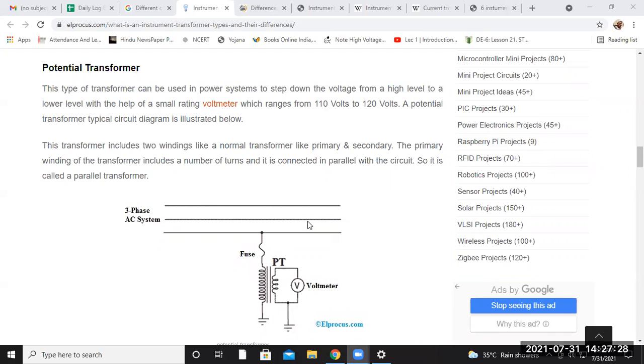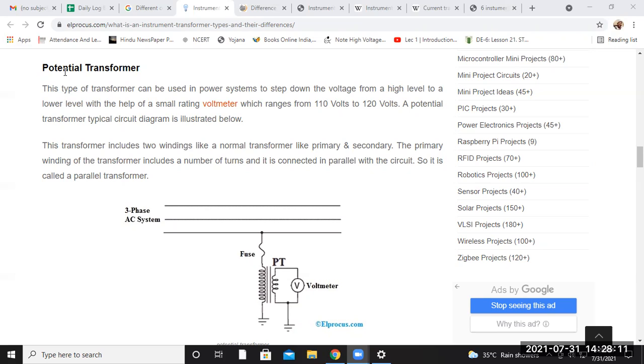So we were discussing the current transformer. Now it is time to discuss the potential transformer. The potential transformer mainly deals with the voltage, that is, how much voltage is flowing through the transmission line. That will be measured through your potential transformer. That value of the voltage is reduced using the potential transformer, and the range of the potential transformer is